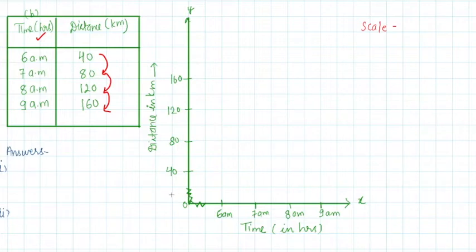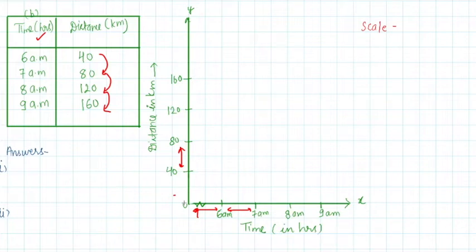Now here I have made use of a kink. Why have I used a kink? Because if you see here, in the 2 unit boxes I have taken a gap of 1 hour. But here it is a gap of 6 hours. So I have suppressed certain values. Similarly here on the y-axis, the distance, it is a gap of 40 kilometers, right? And here in 2 boxes, it is also a gap of 40 kilometers. So we really don't need a kink on the y-axis because the gap is the same on both.